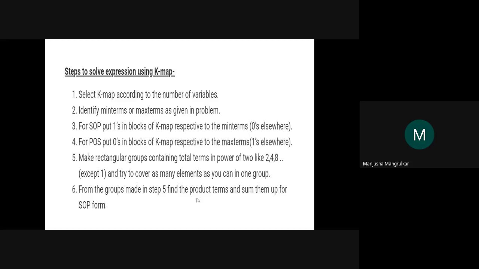First it is a product term and then sum all the terms. For POS, first it is sum terms and then the product of all terms. We'll see only SOP today. Next lecture we will see POS, right?